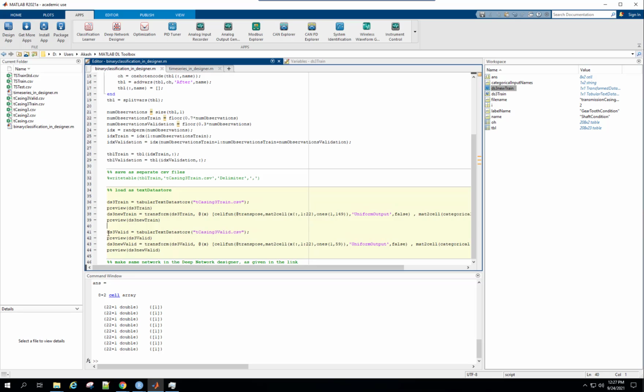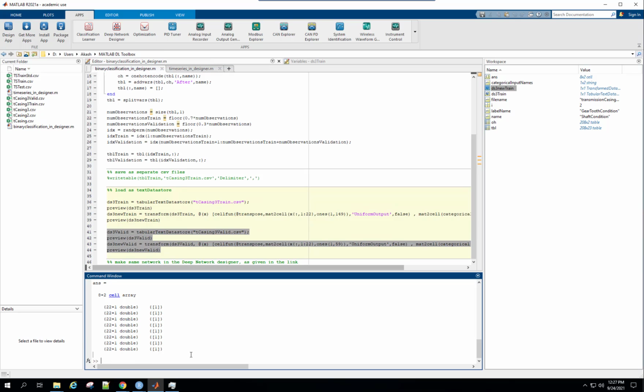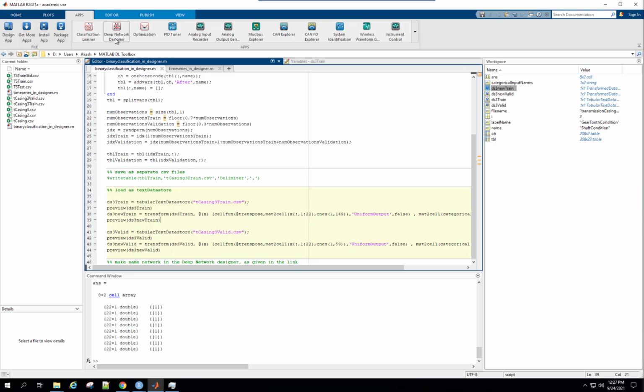So before jumping there, I will run the same commands for our validation data set as well. The validation data set output also looks the same. So I now launch the deep network designer,